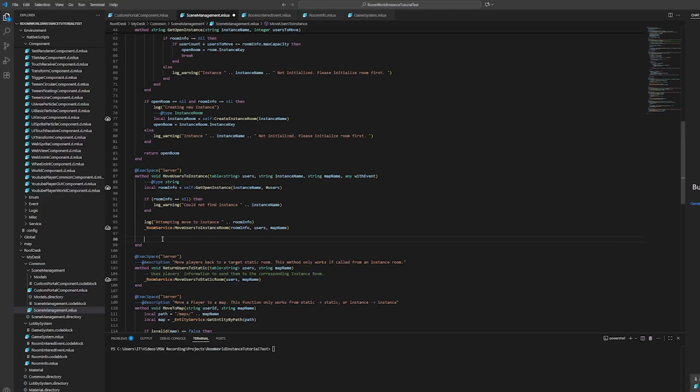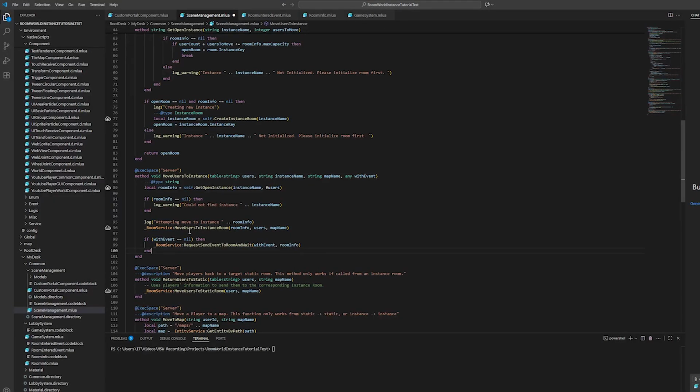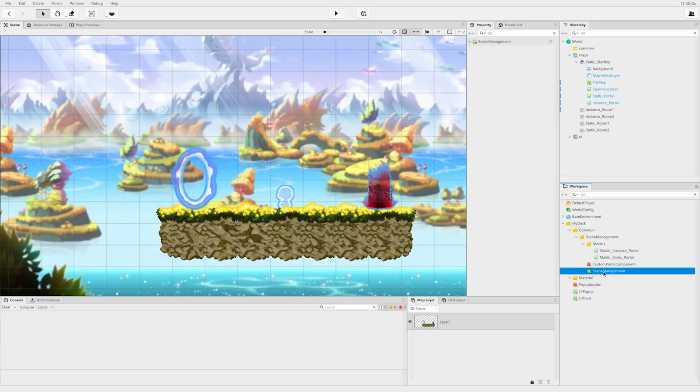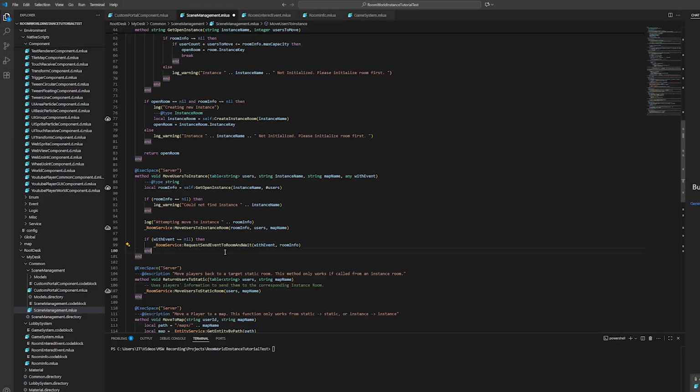So right below our move users to instance room function here, we're going to say if the event is not nil, so if an event exists, then we're going to call RoomService request send event to room and wait. So this is a synchronous function as opposed to the asynchronous version. And we're going to pass in our event, and we're going to pass in the instance key that we built. So this will send the event to the room,